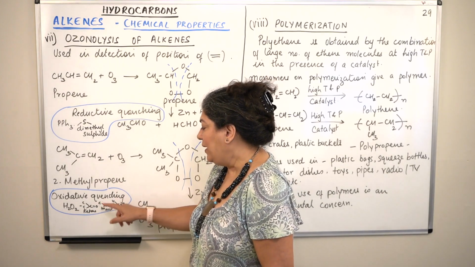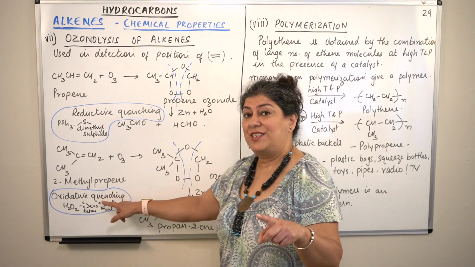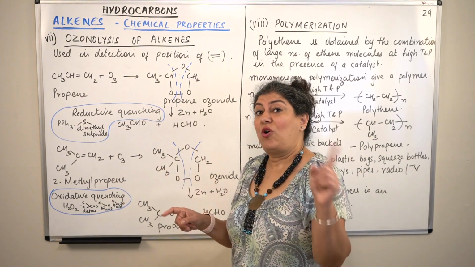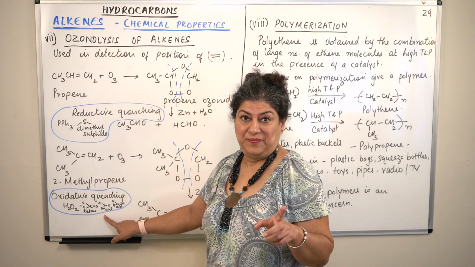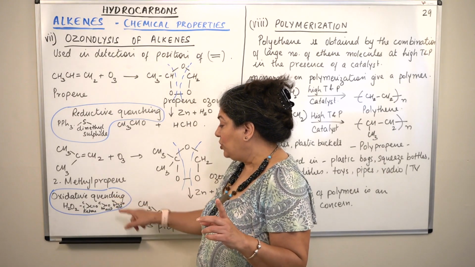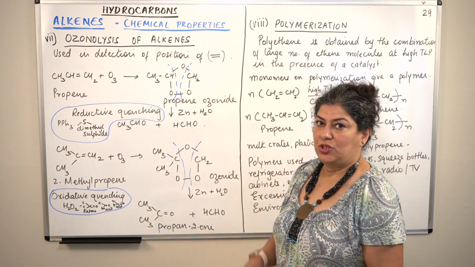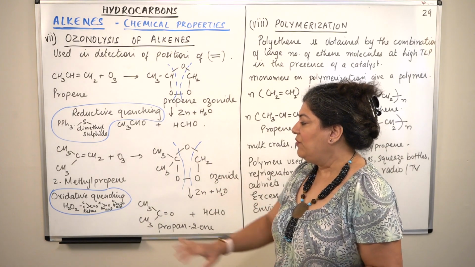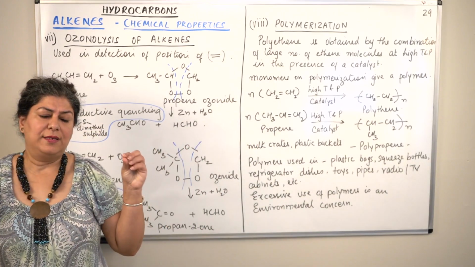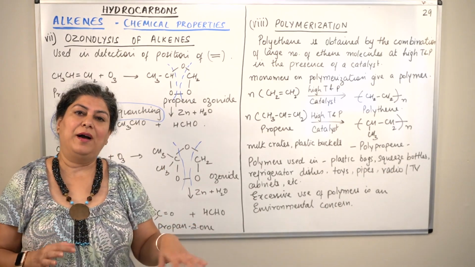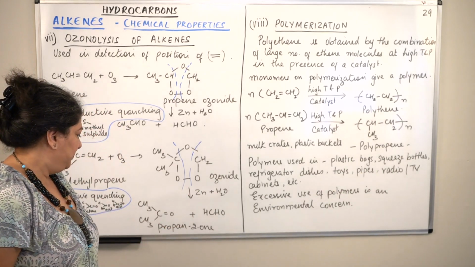If you have one carbon group and one hydrogen, since it is oxidative quenching, an oxygen is also adding to it. In that case, you will get a carboxylic acid. And if they were both hydrogens, then of course you would get an aldehyde. So that is the only difference between the products of oxidative quenching and reductive quenching. But even if you do not get them right now, it is not important. I just wanted to throw in an idea that such a thing exists, and in higher classes when you study the mechanism, you will understand this better.